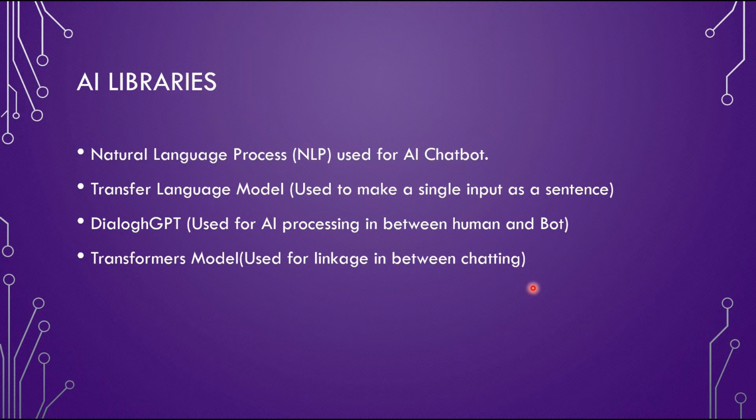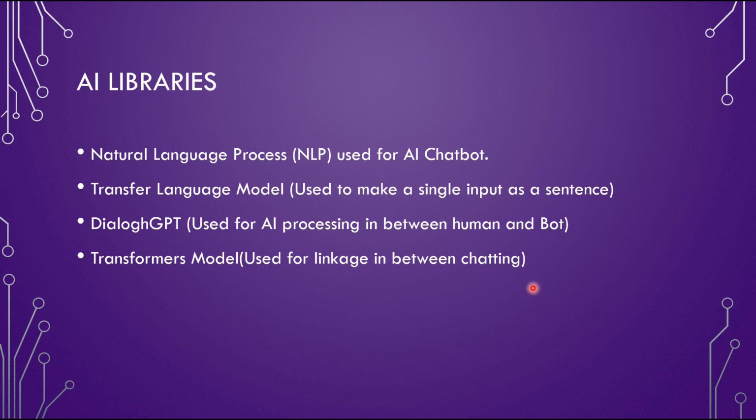And these are AI libraries. Basically, AI involves NLP, natural language processing, and this NLP is basically used for voice recognition. Means, for example, I would say something. So NLP is a technique where the chatting or the coding will be converted voice into the text form. So this is the basically purpose of the NLP.